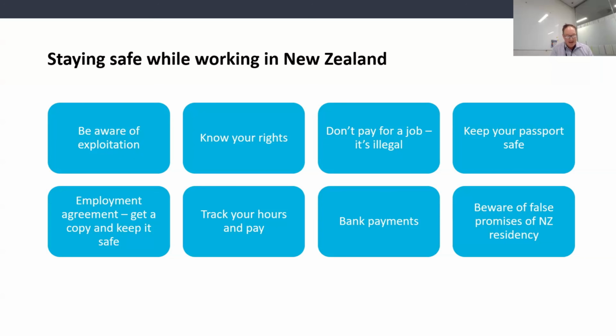This harm can be economic, for example, not being paid the right amount, or sometimes not at all. Social, for example, being isolated from other people. Physical, for example, being forced to work long hours with no breaks. Or emotional, for example, being threatened or made to feel afraid. When workers' employment rights are not respected, or when employers don't meet minimum employment standards or meet health and safety or immigration requirements, workers are being exploited.